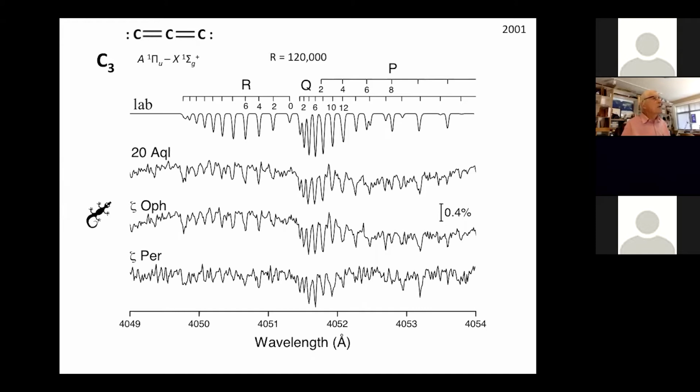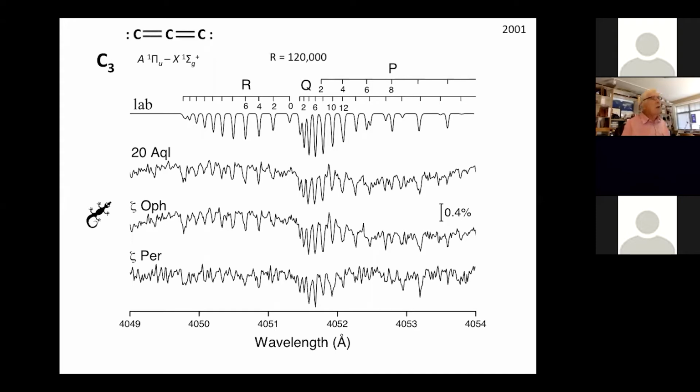And what you see here are the three spectra, the three bottom spectra, which were taken with the Gecko spectrograph around the 40, 50 angstrom region. And all of these features turned up. And simultaneously in Basel, one of John's postdocs was busily generating the expected spectrum. And as you see, that's the thing in the so-called lab up above there. And the agreement was dramatic and for us very exciting.